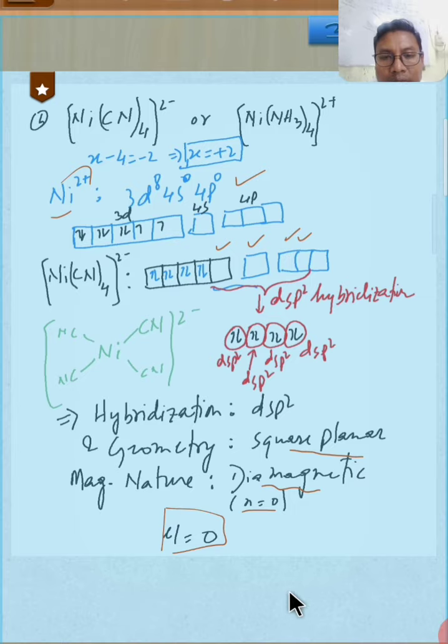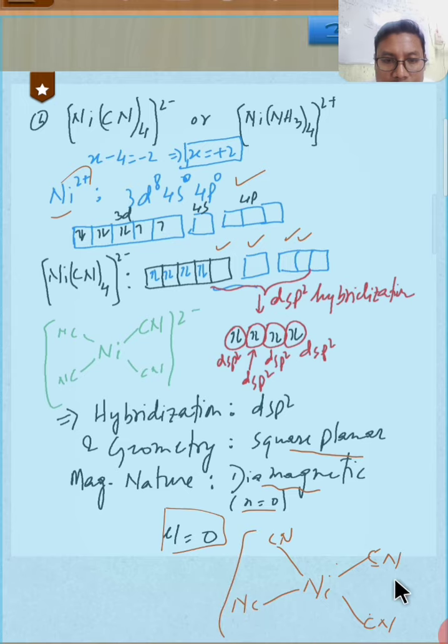So geometry can be drawn like this. This is our nickel, and geometry is square planar. Here CN will be there, this is CN, this will be CN, and this will be CN, like this. So this will be the geometry of the complex 2-, like this. Okay,